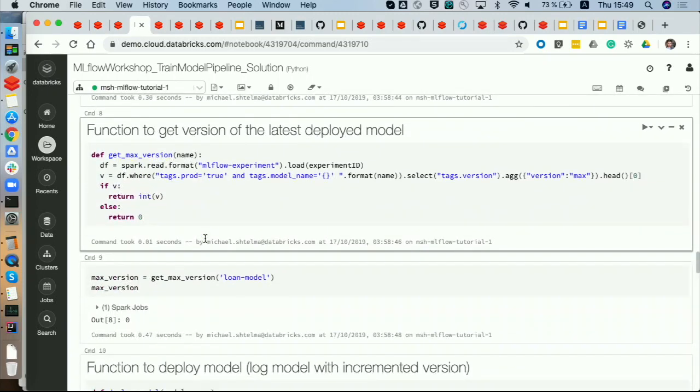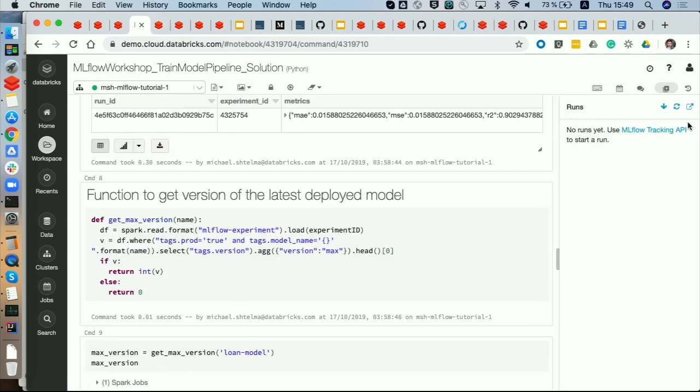And then how are we going to track these production versions and the versions in MLflow? In MLflow we have support for tags. If we go here,